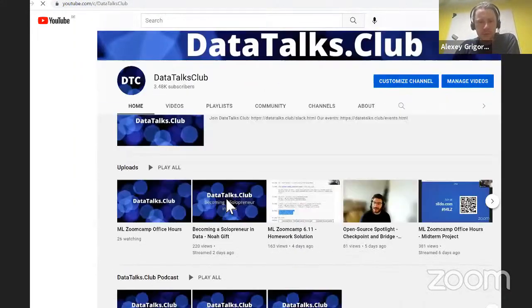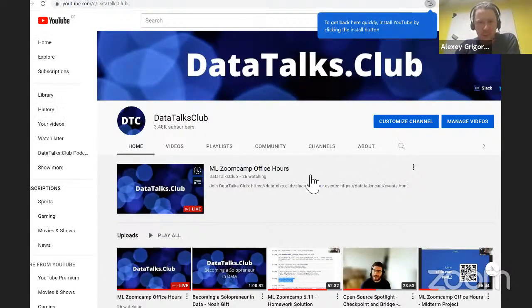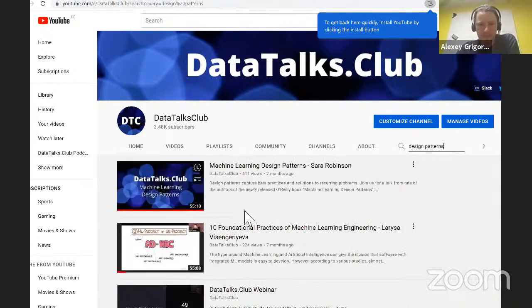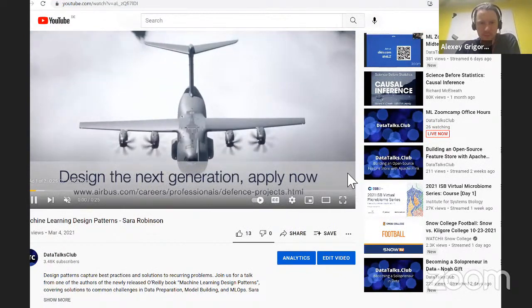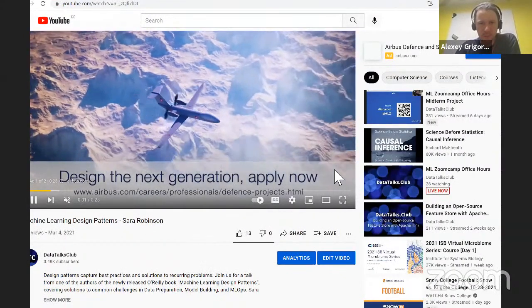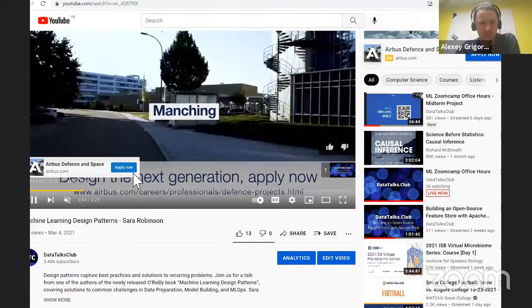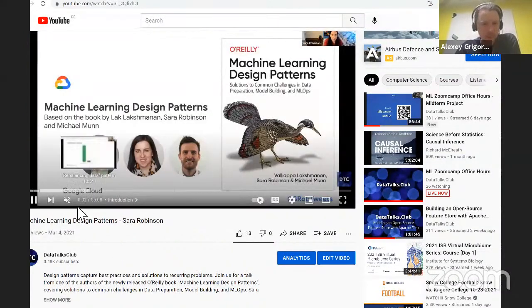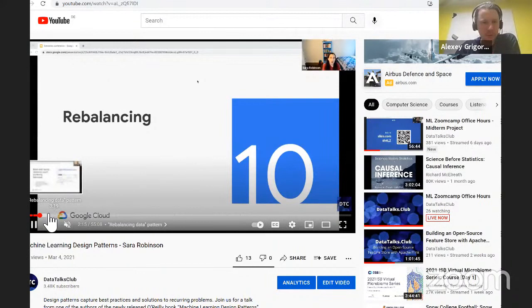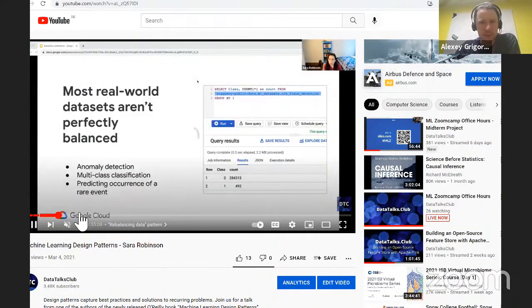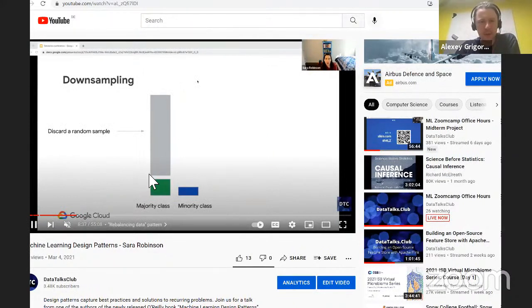Is there a search button? Machine learning design patterns. Yeah, so Sarah there talks about one of the patterns, which is about handling imbalanced data sets. I think this is the rebalancing data pattern. So you can just take a look at this, and Sarah is explaining how exactly you can deal with